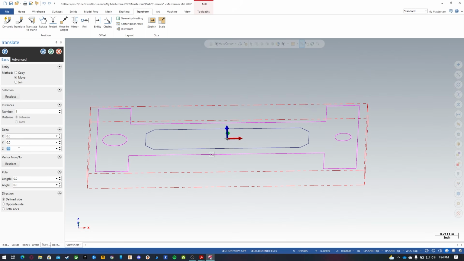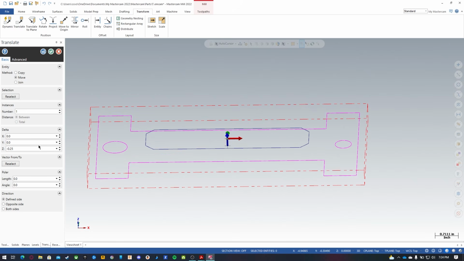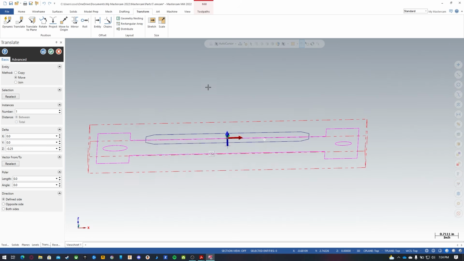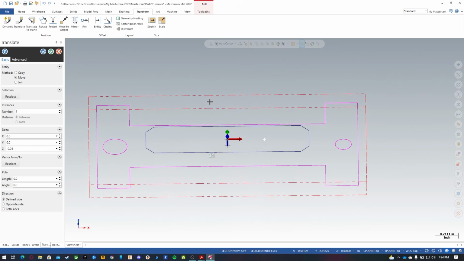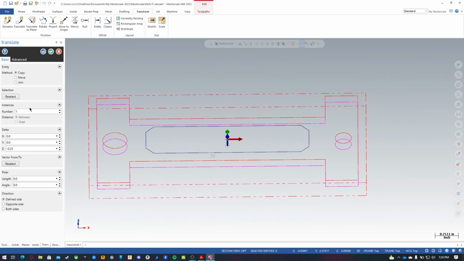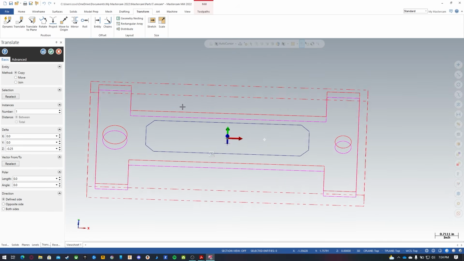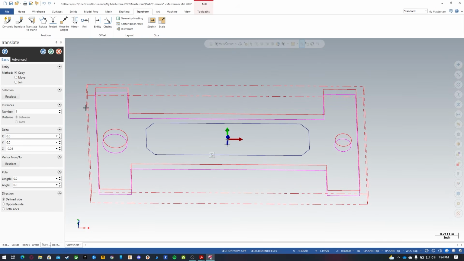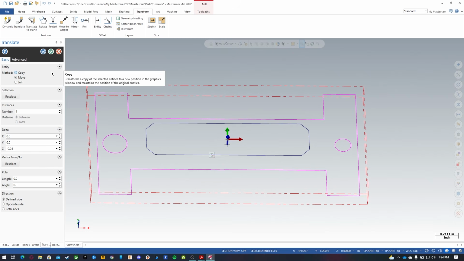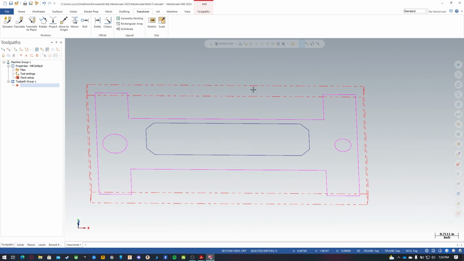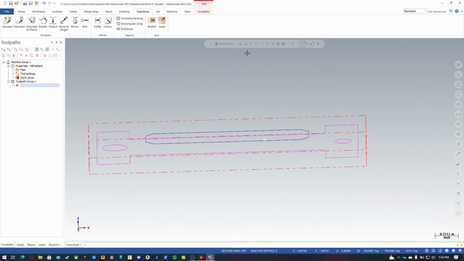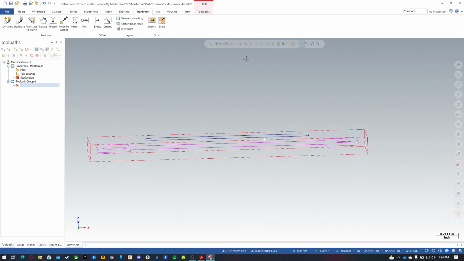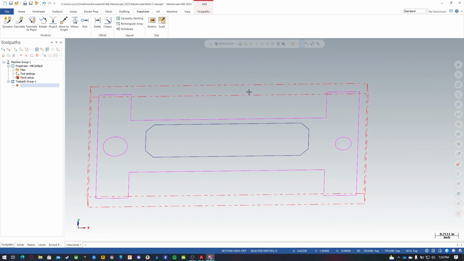Now I want to move this minus 0.25. So now it's starting to look a little bit more like what we need. Now if I wanted to copy them, I could have two instances 1/4 inch apart. But I want to move them. I want to reduce the amount of geometry in my view. So I'll click OK. And now I have what's starting to look like the wireframe or the bones of the